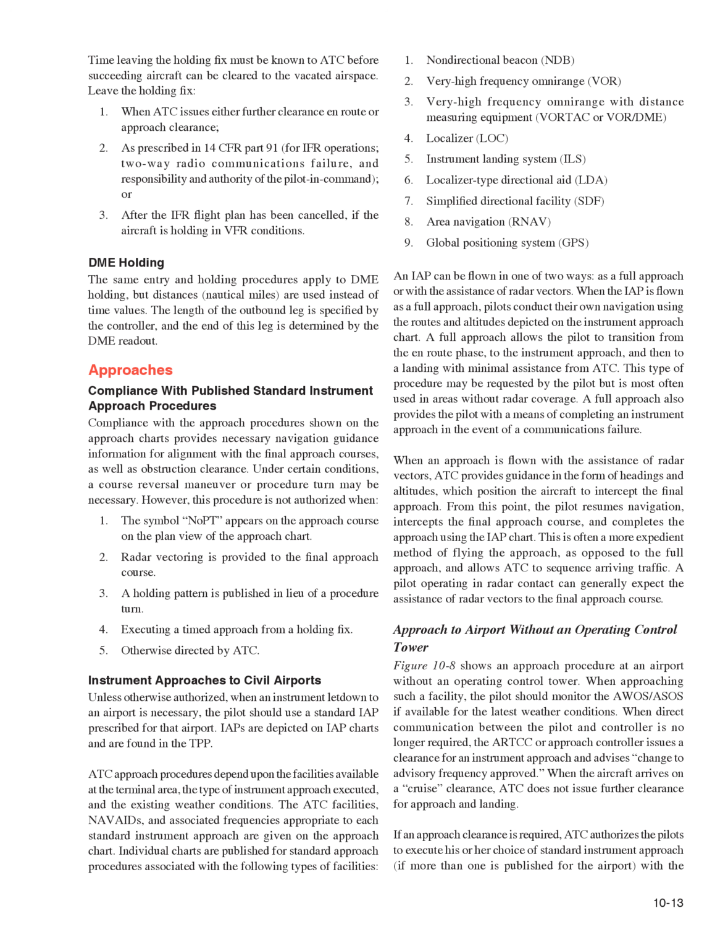Approach to airport without an operating control tower. Figure 10-8 shows an approach procedure at an airport without an operating control tower. When approaching such a facility, the pilot should monitor the AWOS/ASOS if available for the latest weather conditions. When direct communication between the pilot and controller is no longer required, the ARTCC or approach controller issues a clearance